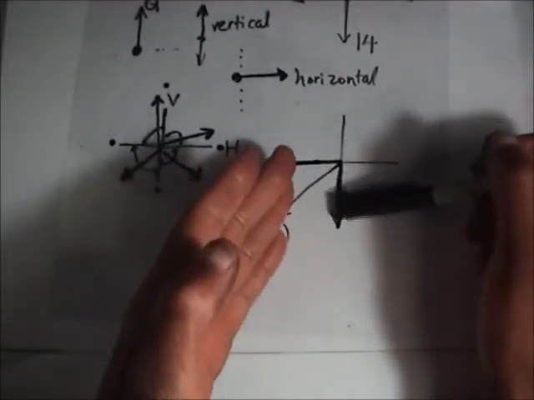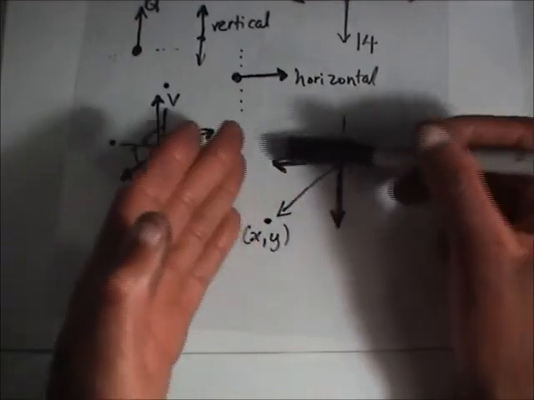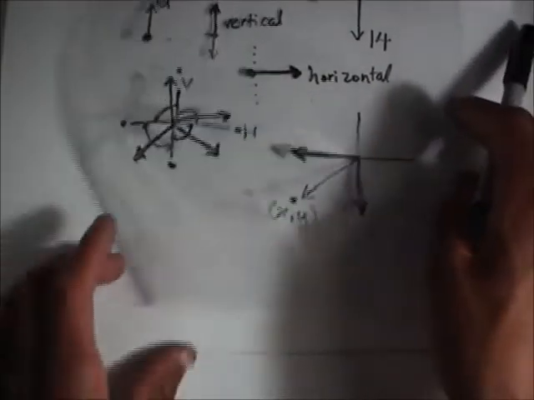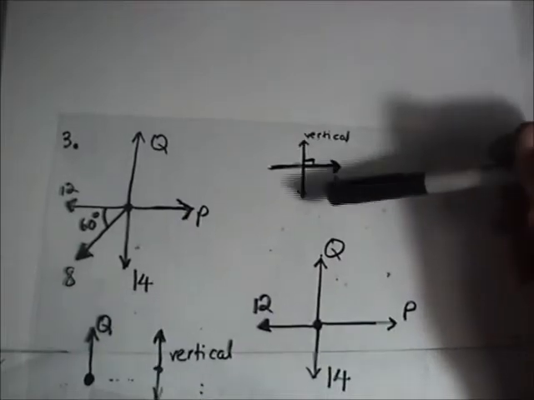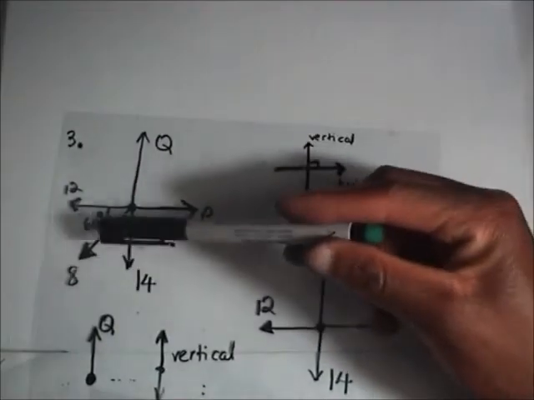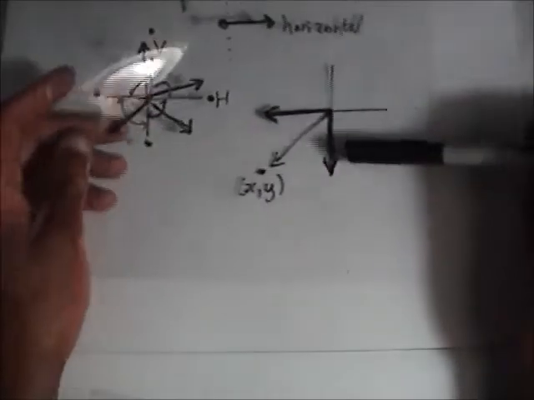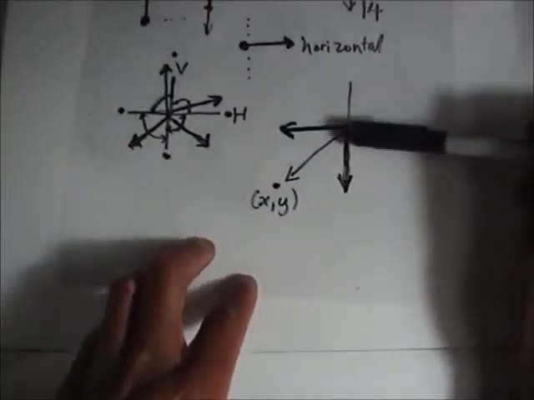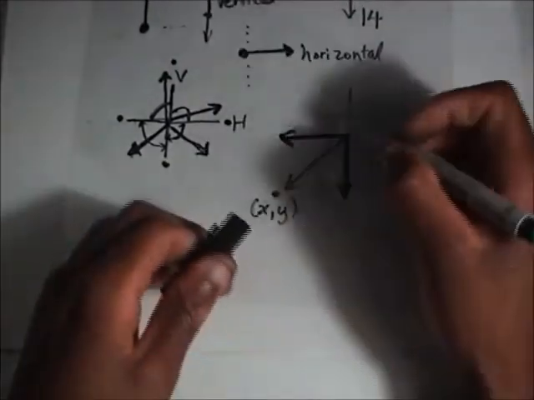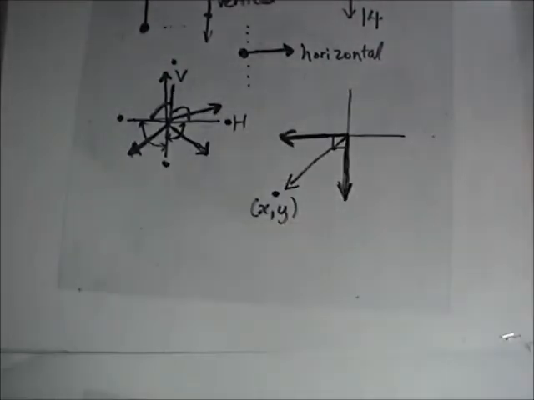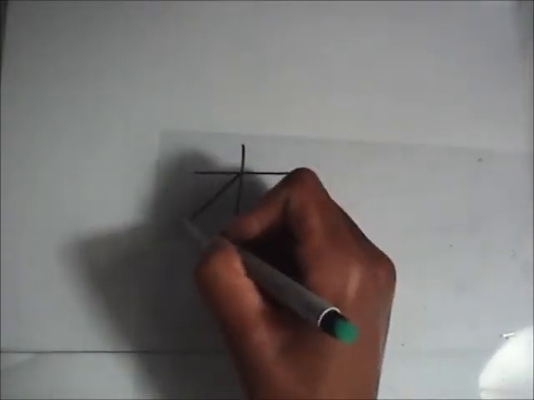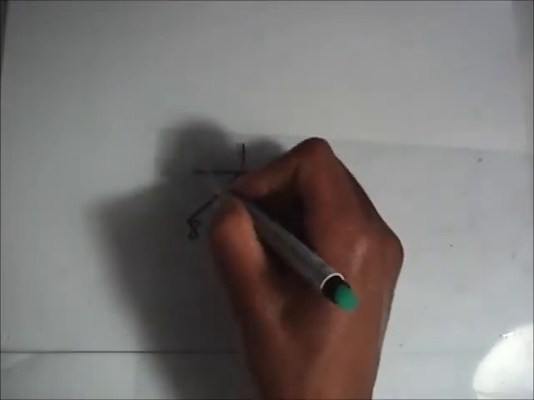I'm resolving it in the vertical and the horizontal directions because that is the coordinate system I chose here. Whenever a force is at an angle to any of the directions you have chosen, you need to break it down into forces that are perpendicular to each other, respecting the coordinate system that you have chosen. So this is what I'm basically doing. Let's see how the resolving would happen. Here we have 8,